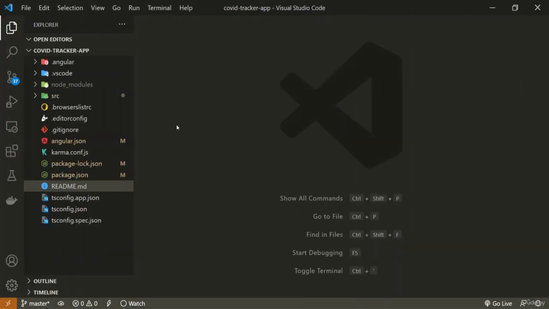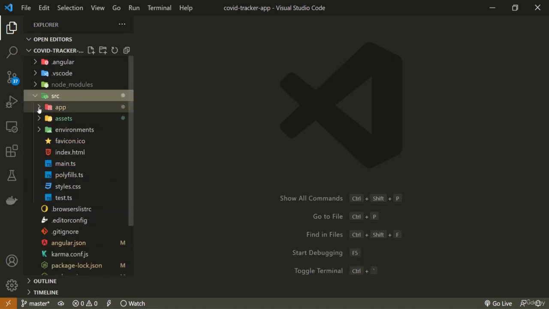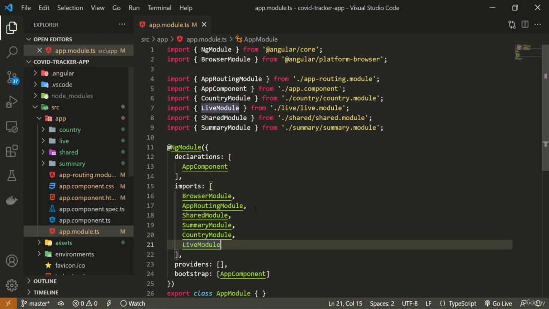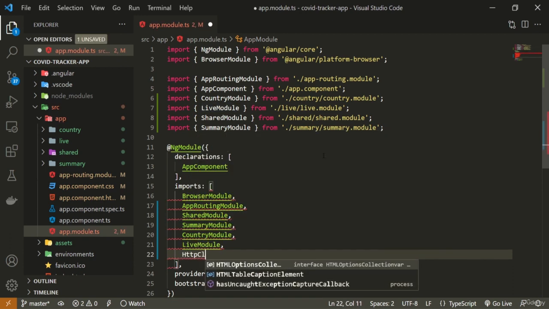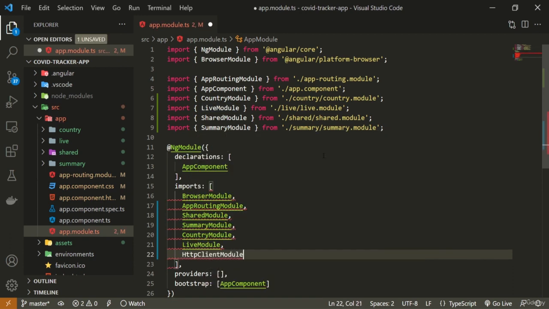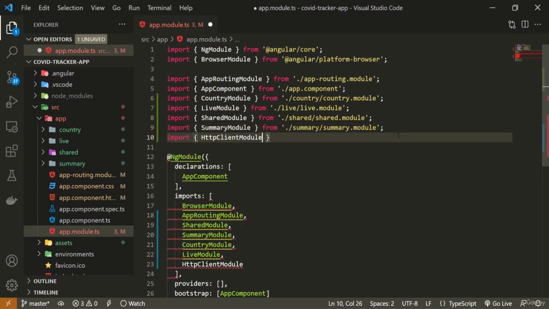I already mentioned at the beginning of this video that next to our service we will import a module that we need to use. So go into your app.module.ts file, because that is the central place of our application, and in the imports array after this live module we can now import HttpClientModule. This module is rarely imported by default, so just copy this from here, and at the top you can import this HttpClientModule from